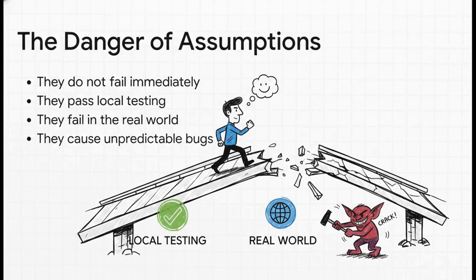And this is why they're so tricky. Assumptions are dangerous because they give you this false sense of security. Of course your code works during testing. In your perfect, controlled little world, all your assumptions are true. The failure only rears its ugly head later, under some specific, messy, real-world condition that you never planned for.